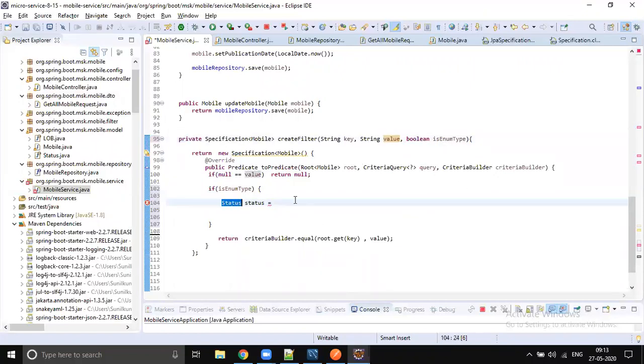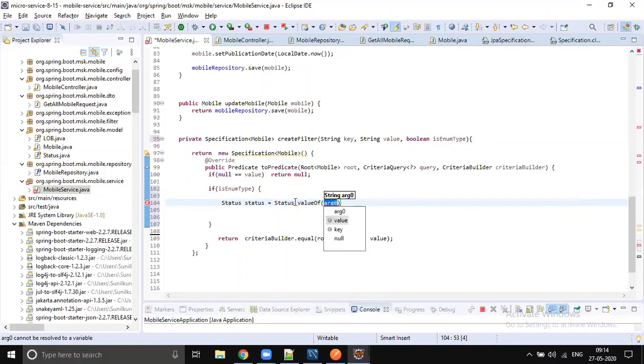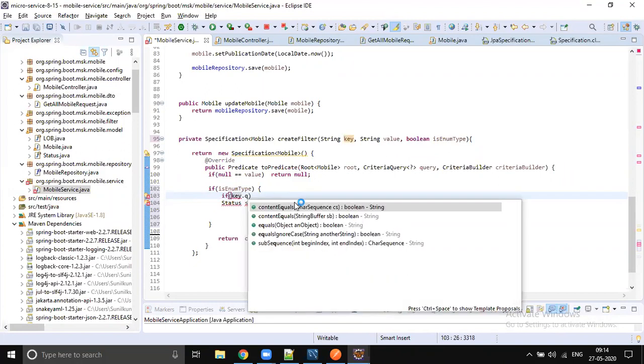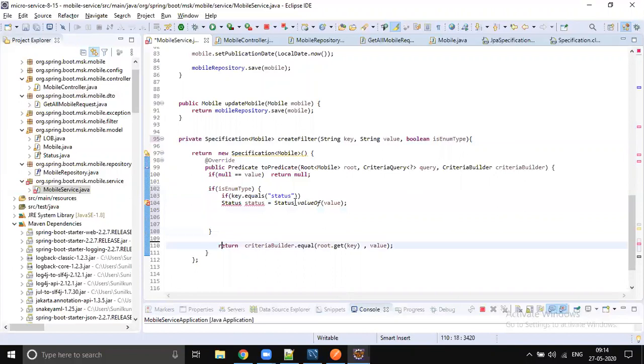So Status.valueOf(value), fine. But this has to happen when the key is status. If the key is status, then convert that into status and return the status.